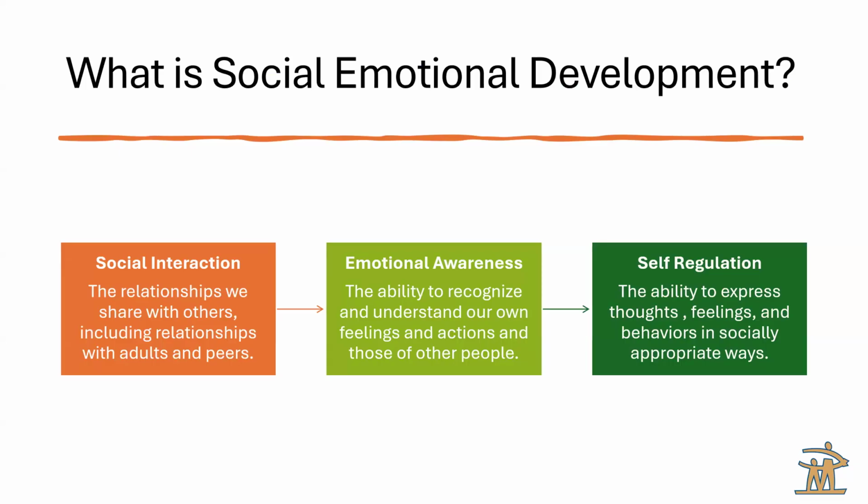What is social emotional development? I'm going to back up just a moment and talk about all development for young children. So there are 5 stages of development that we track for young children. Those include cognition or cognitive skills, which is how they learn to think. It includes language, which is both expressive language, what they say, how they communicate, as well as receptive language. How do they understand language?